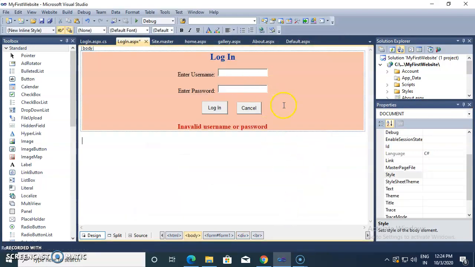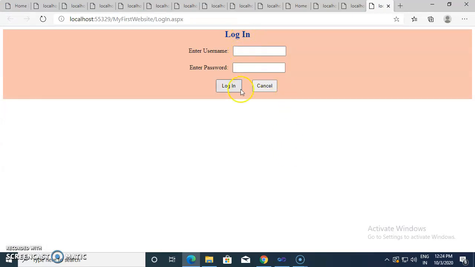So in this way you may add some custom colors to your login page.